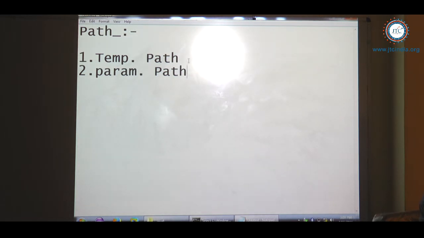Now here I will show you the first one, how to set the temporary path. So I will write it here, temporary path.